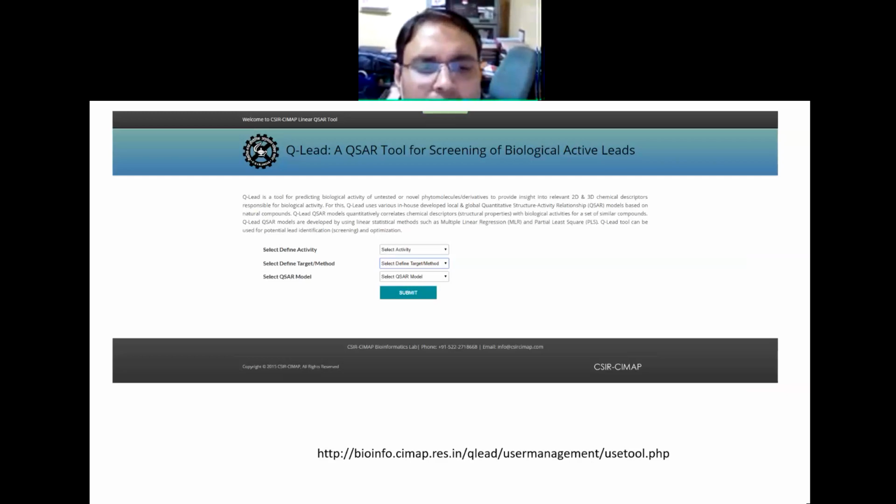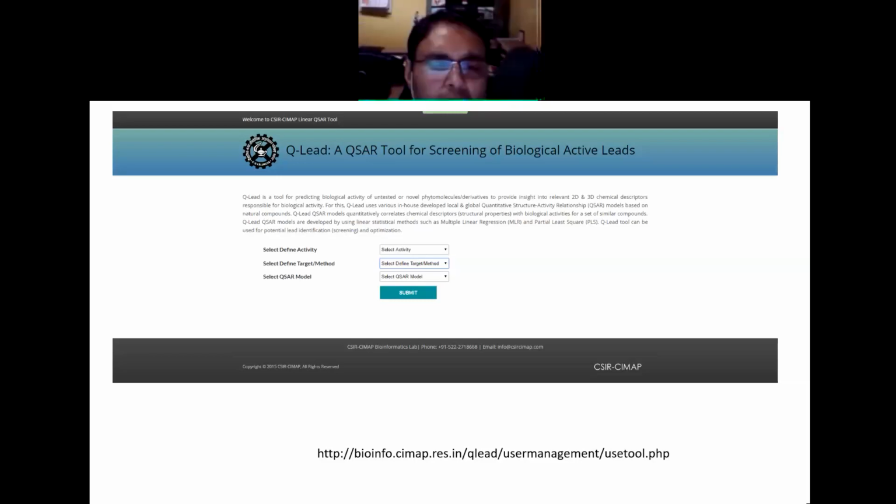Now, this slide is showing the tool which we have developed in CMAP. It is a repository tool for offline work. The CMAP scientists and biological activity people or the chemists, in this QLead is a tool for submitting the biological